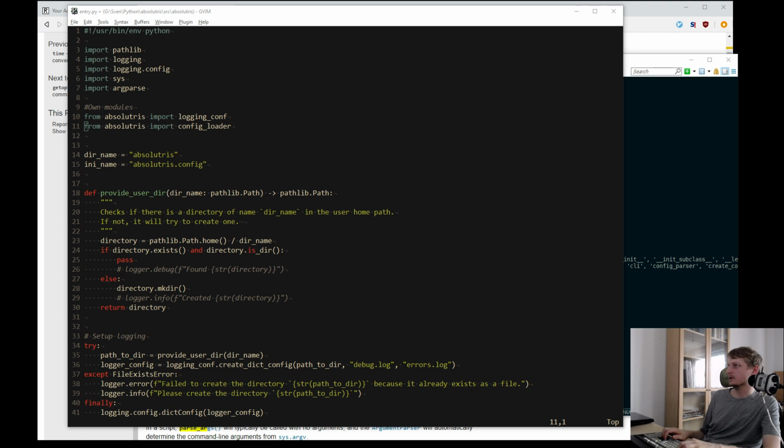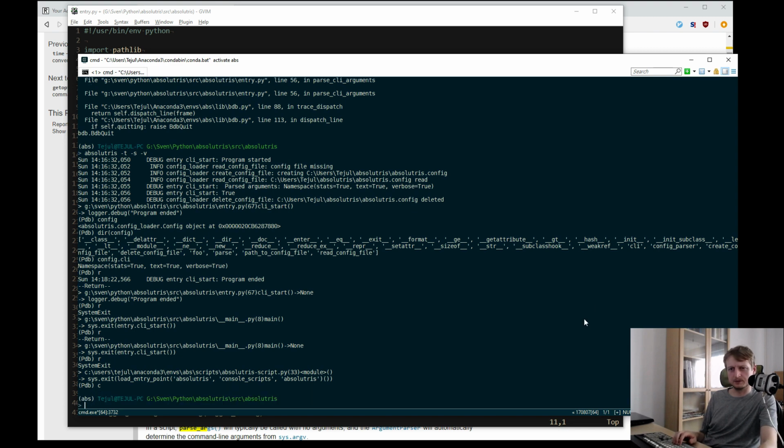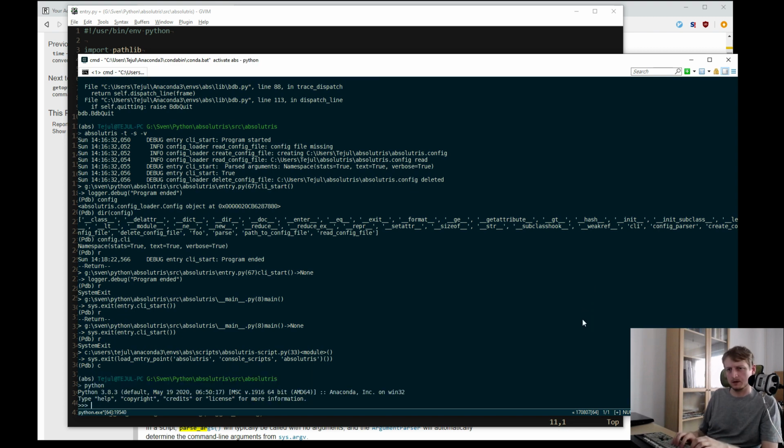From... import random org. I don't know, what if I run Python and I say import absolutris.generators.random org.